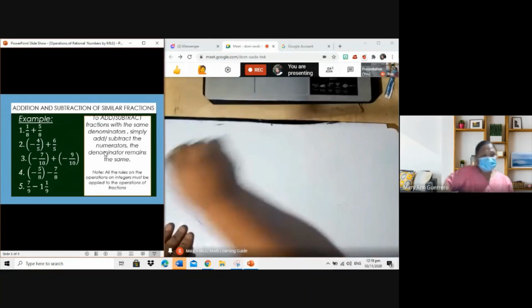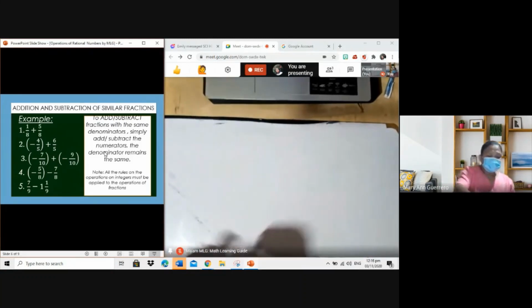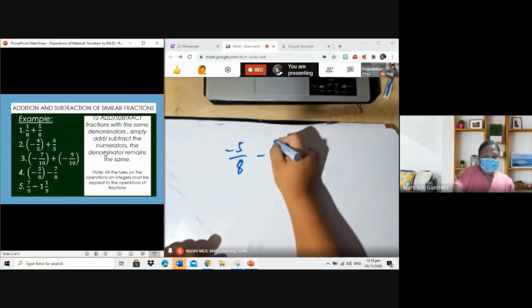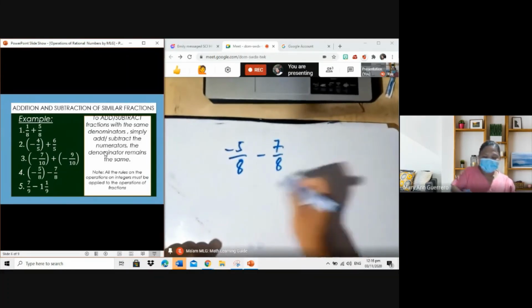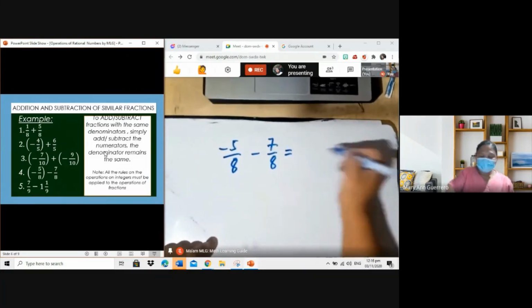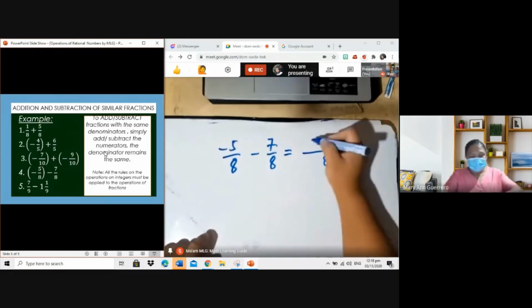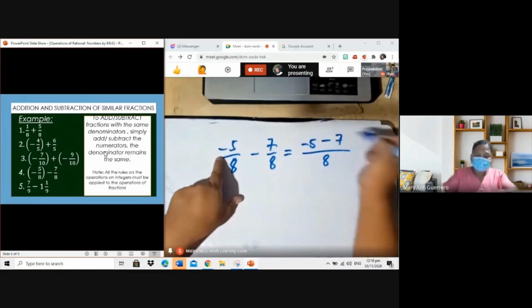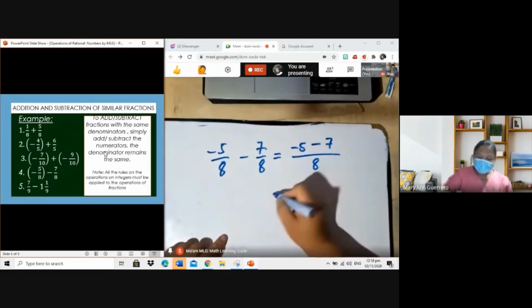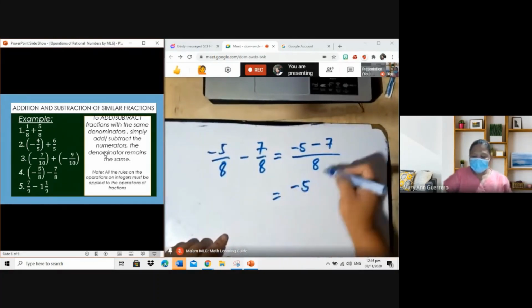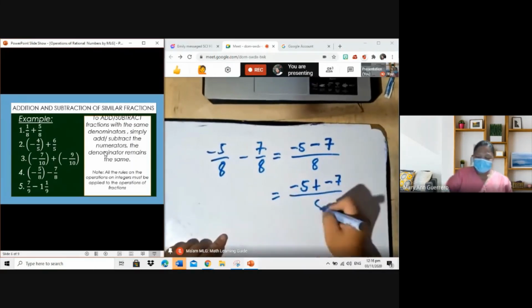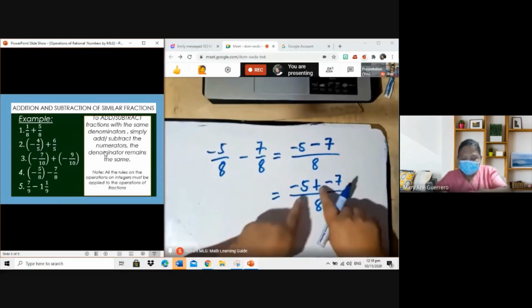Now next, negative 5 over 8 minus 7 over 8. So again, the common denominator is 8. Subtract their numerators. Okay, to subtract, we copy the minuend, change minus to plus, and change the sign of the subtrahend, all over 8. So adding